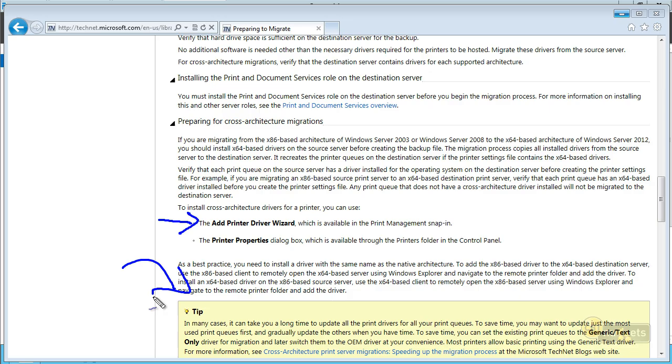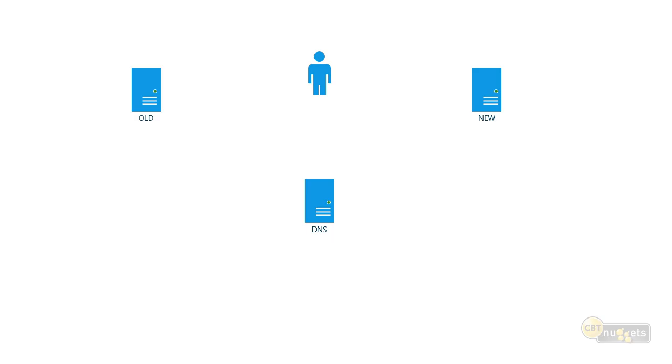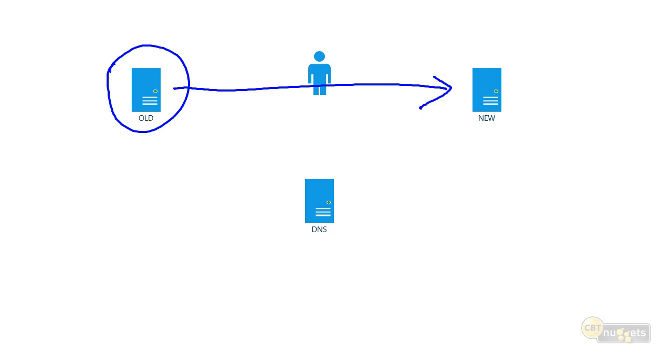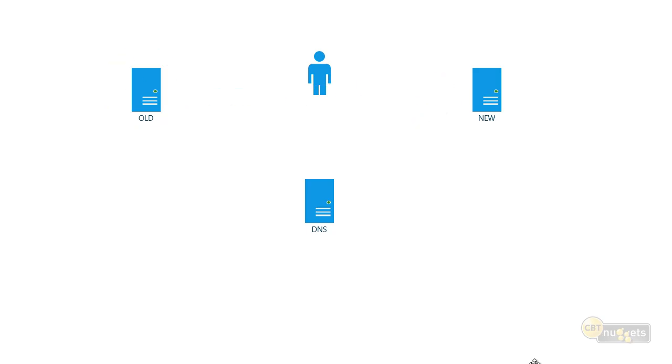And I've got to tell you, that exact reason is one driver for companies that don't actually migrate. In other words, instead of migrating using a tool to take some role from old to new, there's a lot of companies that will just set up a brand new server, reinstall and re-provision all of the roles and services